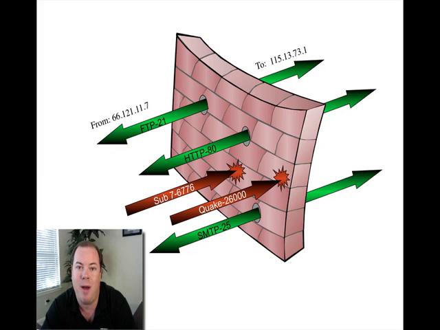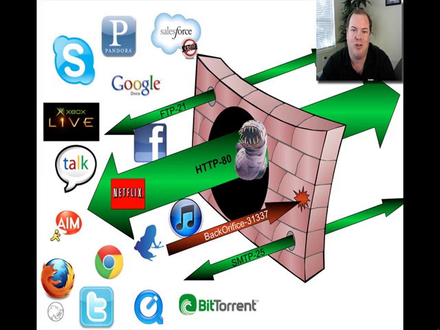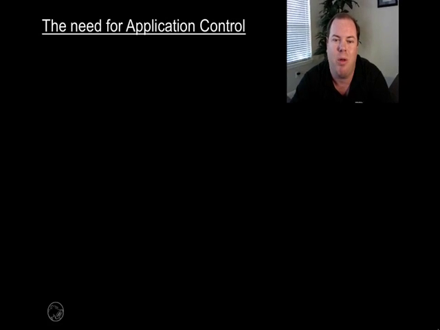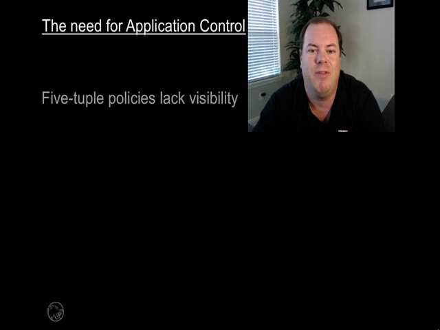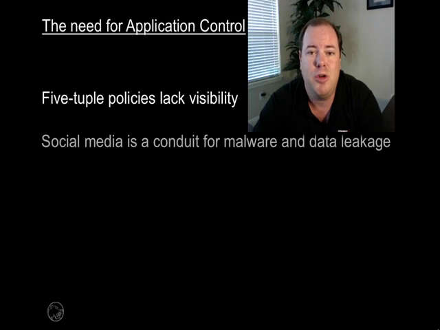And that was great back in the day, but today's applications are a little more tricky, and they actually hop around different ports and they can tunnel themselves, and they're a little sneakier, and most of them are web enabled, which means that your firewall access control policy looks a little more like this, and it's a huge mess. And generally, you don't have the visibility into what is actually traversing the network and going back and forth. So in addition to giving you the visibility that is lacked from a 5-tuple based policy, which is also very difficult to maintain and reference,